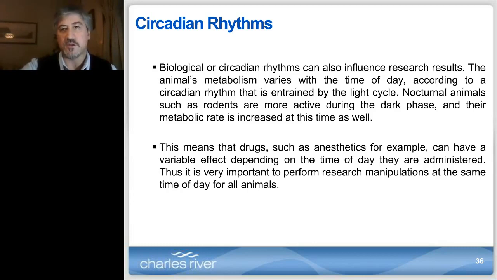So circadian rhythms is intrinsic to the animal. It can be affected by the light cycle, but even if it's not affected, if it's stable, just the fact that they have this rhythm gives us variability, right? So we know that rodents are more active during the dark phase, and this has effect on the physiology, for instance on their metabolic rate, and this may mean that the drugs that we give to the animals or the effects of those drugs can vary quite a lot depending on the time of the day they are